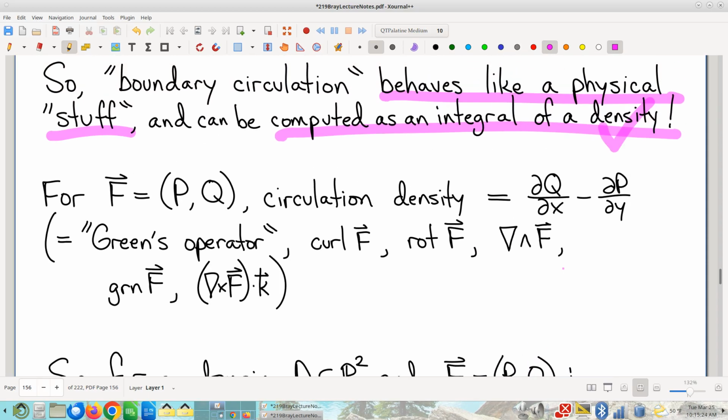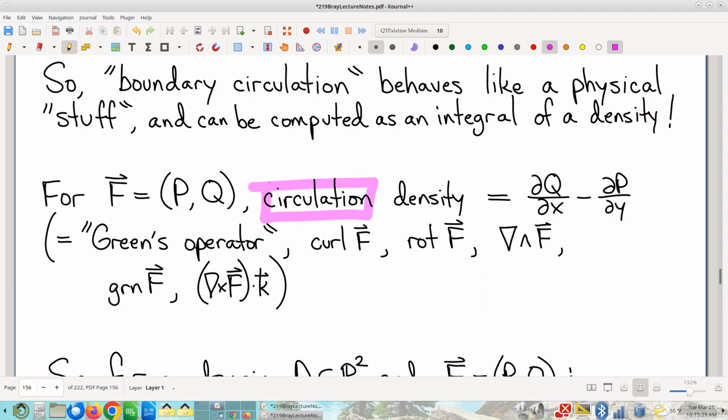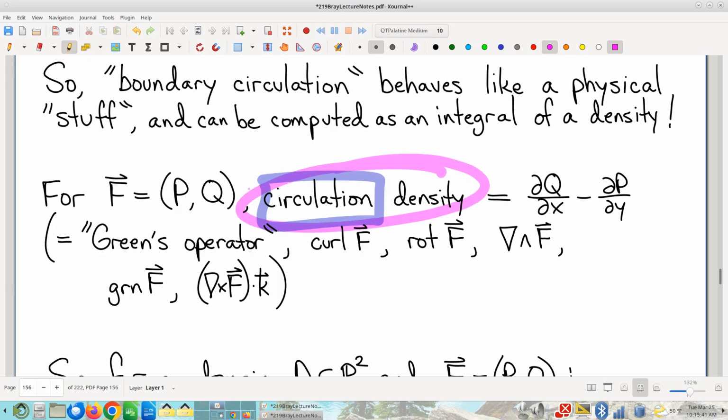It's the fact that I have up here that when I take my accumulating quantity, color mistake, when I take my accumulating quantity of circulation, and when I say, hey, what is the associated density that I get, for all accumulating quantities, this being one, and you can just compute. And here's the formula: dQ/dx minus dP/dy. Make sure to know that. It's a very, very, very important formula to have right on the tip of your tongue, ready to roll at a moment's notice. We give it this name.